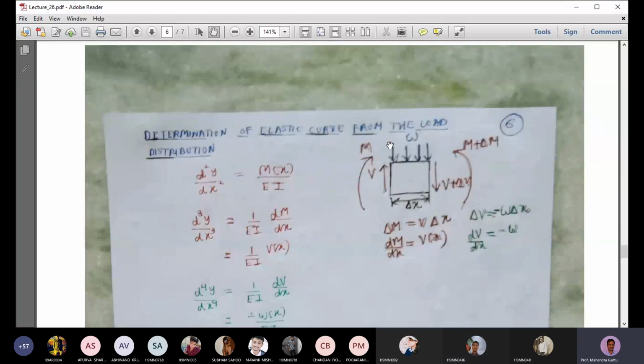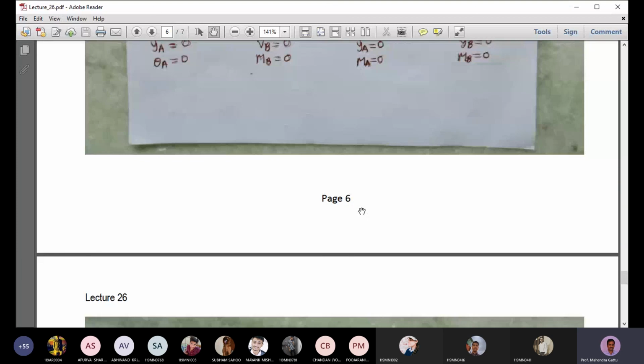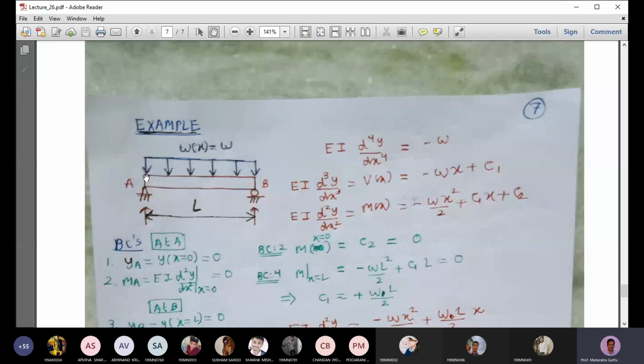Sir, is the bending moment always 0 at a boundary point? No, only for that specific case. You have to draw the free body diagram there and see. Okay. At the edge, I think we have done that, right? We cut a section just to the right of A and draw the bending moment, or you can draw the bending moment diagram for this. It is 0 at A and B, right?